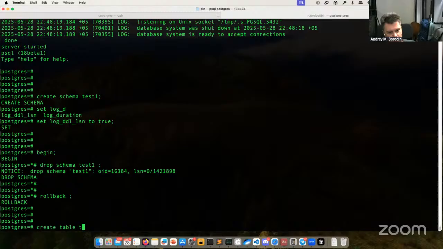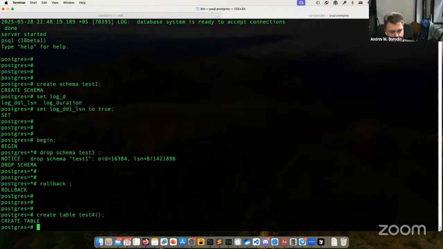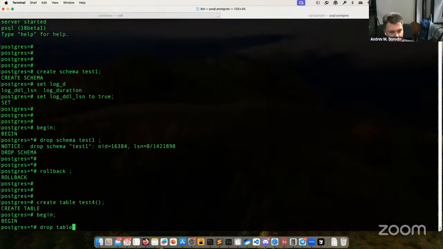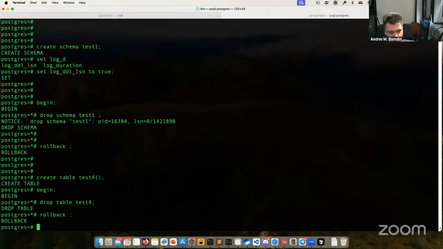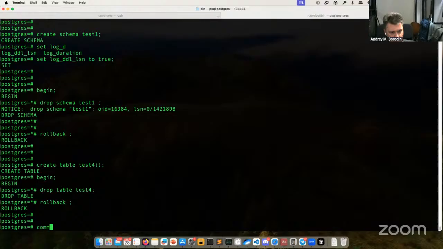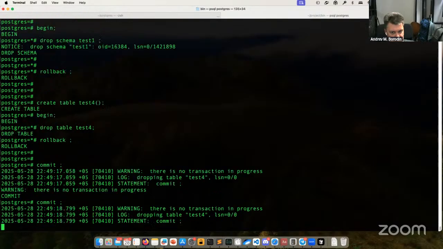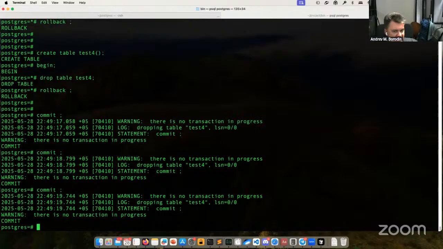Create table test for. Begin. Drop table test for. Roll back. The bug doesn't seem to be fixed.